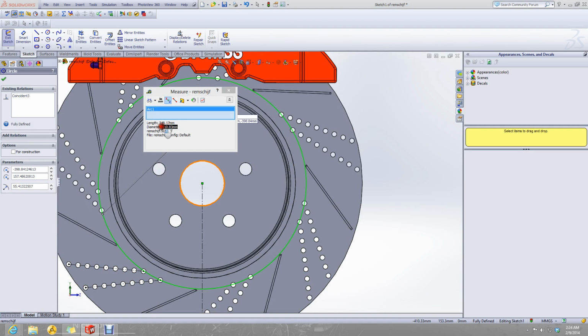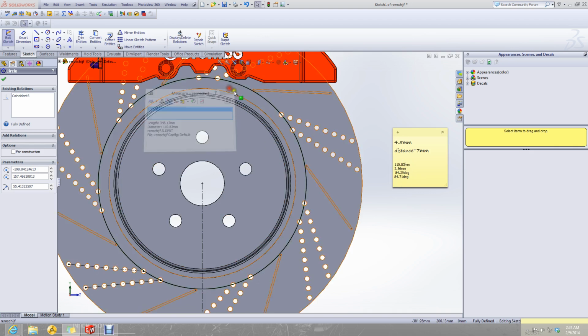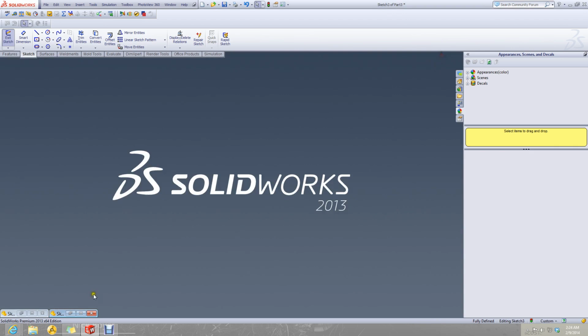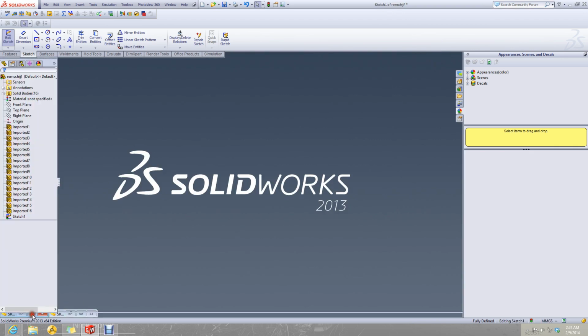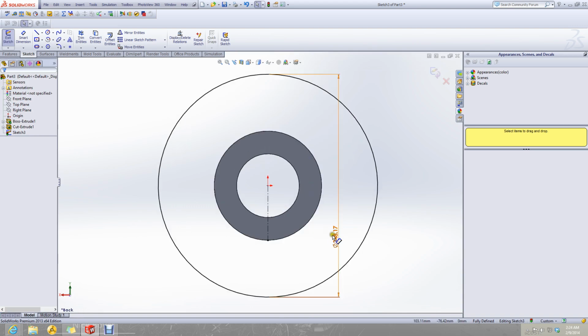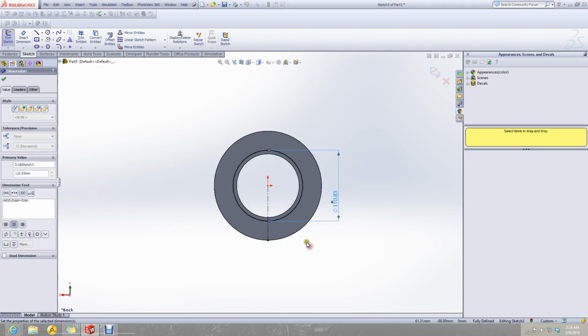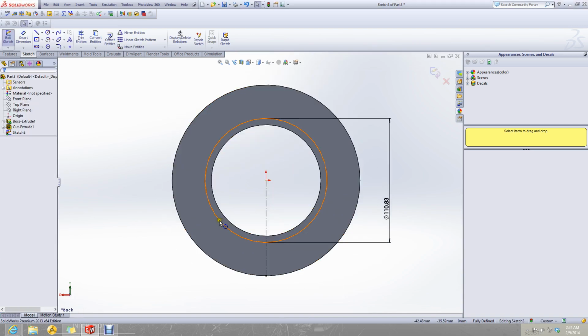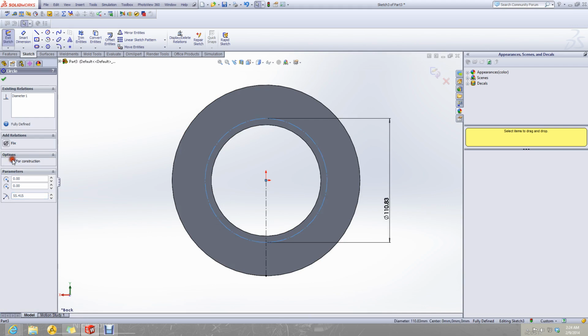The diameter is actually 110.83 millimeters. I can change it here. Okay, this is now fine. Let's make it a construction circle.